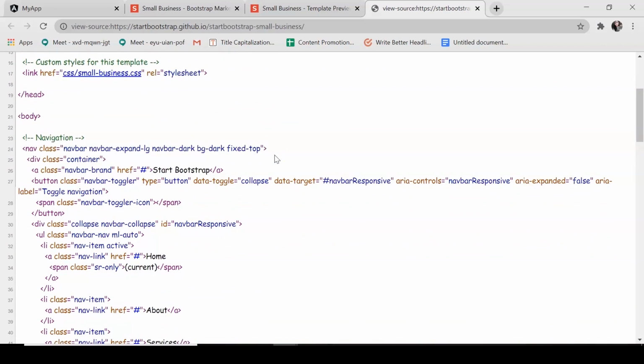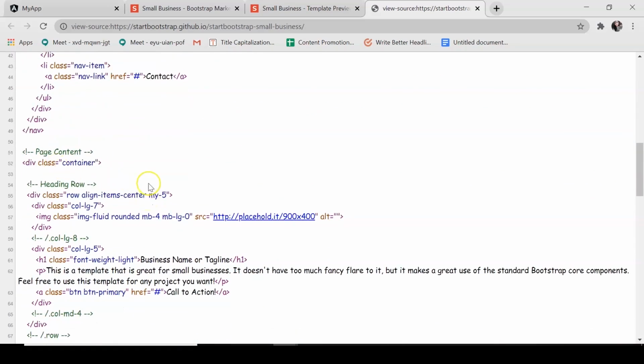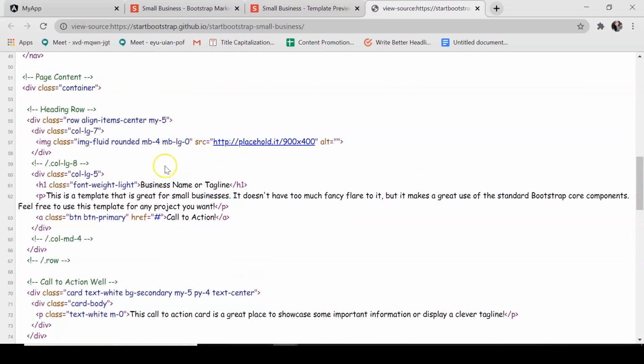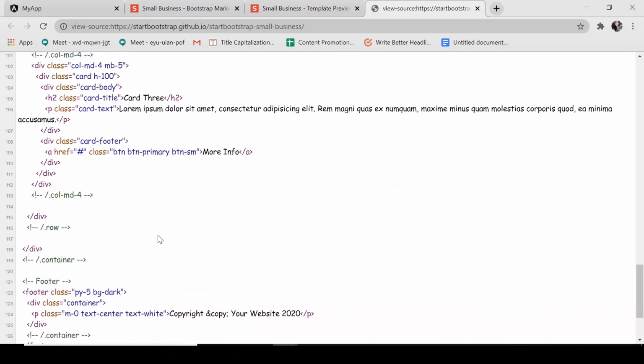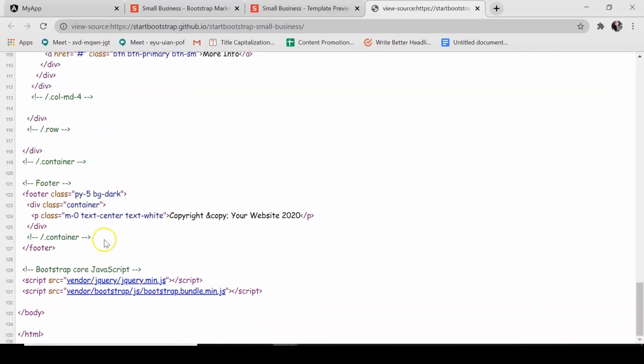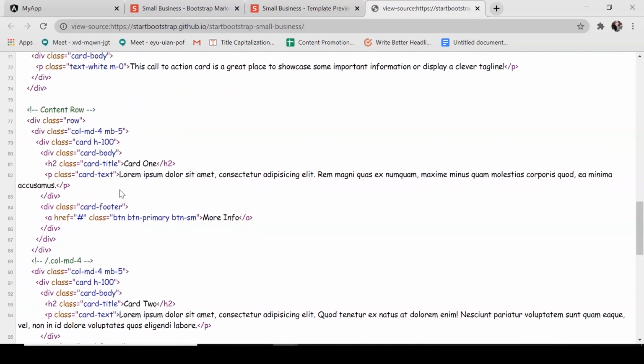And then if you look at the body tag, you have different code for different parts of the UI. There's code for navigation bar, and then you have page content code, heading row, call to action, and all of that. And lastly, you have the footer. So what we're going to be doing is that we'll take all of the code, and then we'll have to create components for each of it,